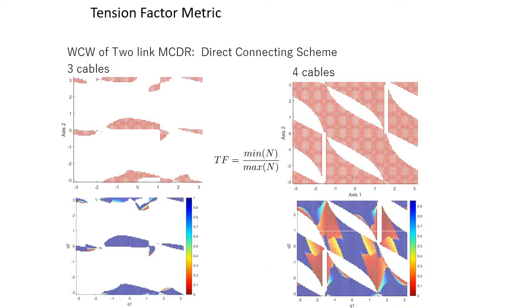The tension factor provides a task-independent description of the actuated force distribution in producing arbitrary wrench. When the tension factor approaches 0, the mechanism is located near to the workspace boundary, and if it approaches 1, the mechanism is positioned far away from the workspace boundary. Larger value of TF implies a balanced tension distribution among the cables.